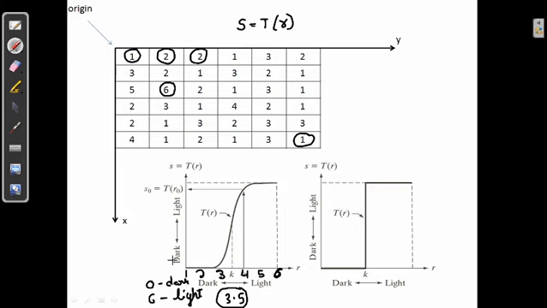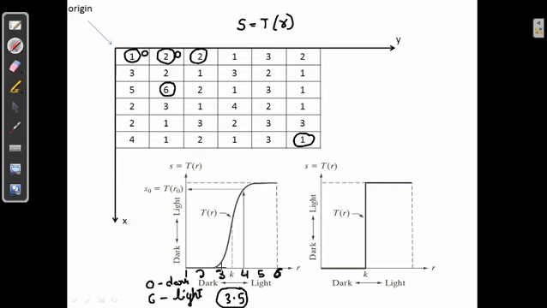Okay, so we are applying the transformation function on individual values. So we'll be coming over here. The first location is 1. 1 is less than 3.5, so it would be rounded off to what? 0. Next, that is being shown over here, 1 is rounded off to 0. Next you come over to the next pixel, the intensity is what? 2, so it will be rounded off to 0. So the 2 is being rounded off to 0.